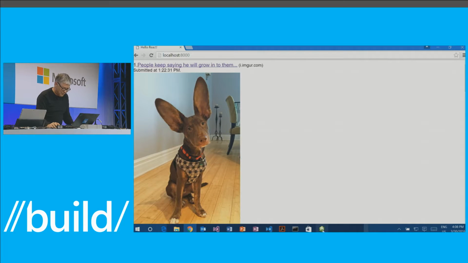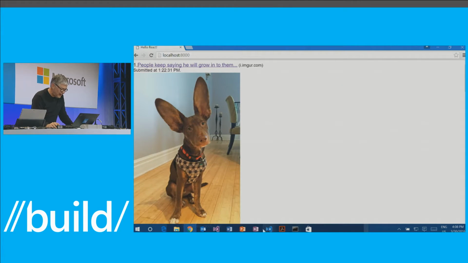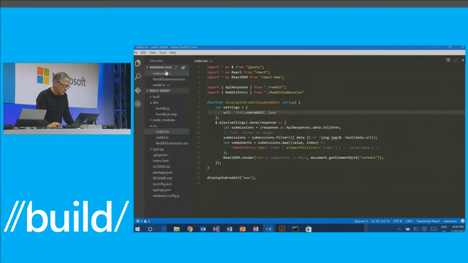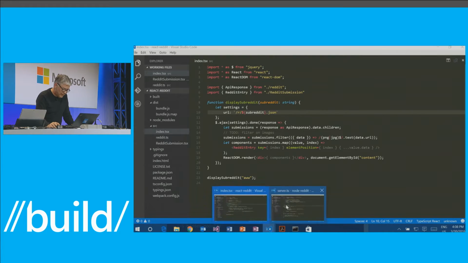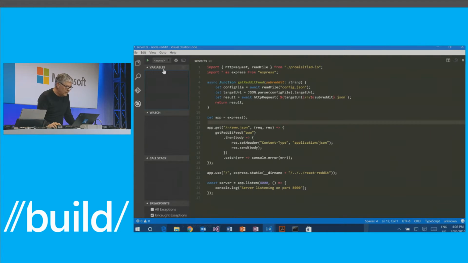Now, just to prove to you that we are, let me kill that server, and then let me use node debugging. So let me try to set some breakpoints in this code using Visual Studio Code's support for node debugging. I'm going to go in here to the debug pane, and I'm just going to say run.